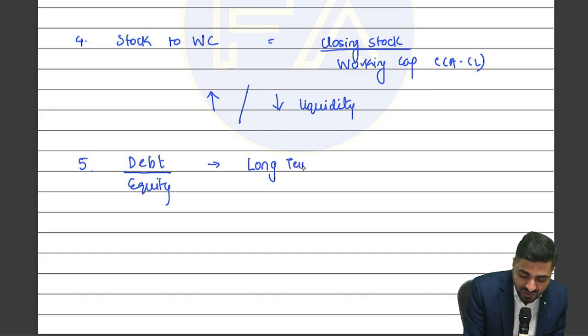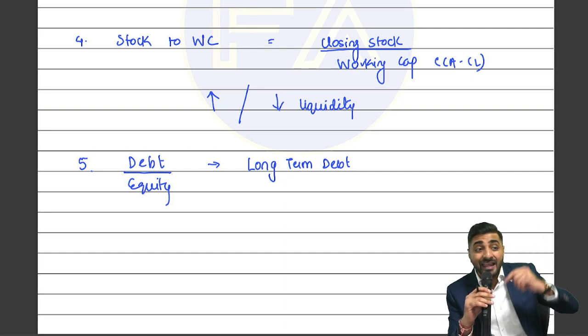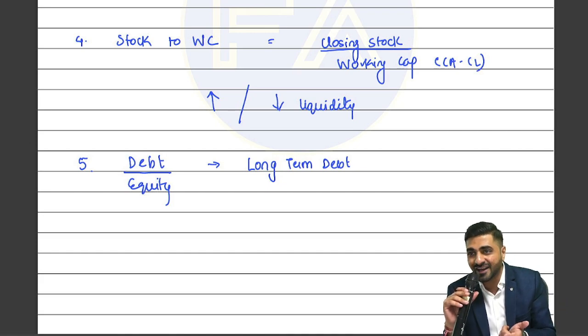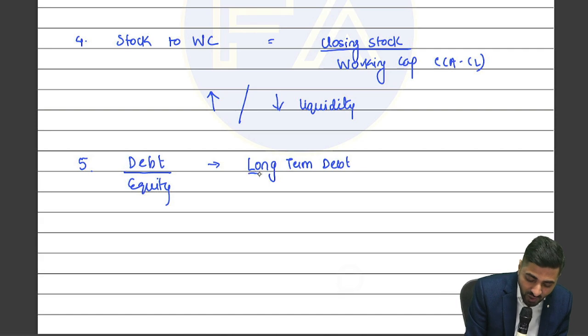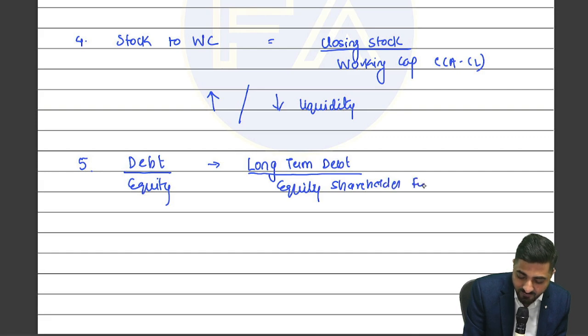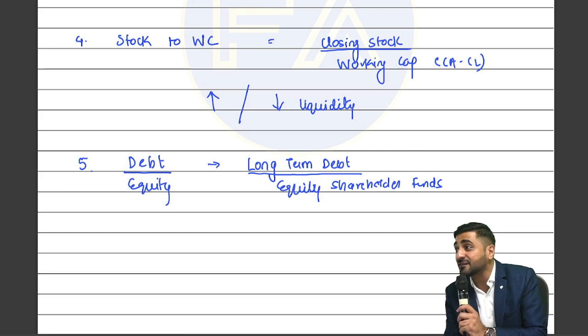Give me some examples of long-term debt. Debentures. When I am taking a bank loan from a long-term perspective, can I say that will also be treated as long-term debt, right? And I am going to divide this by your equity, and your equity defines your equity shareholders' funds. There is a very interesting question given to you in your RTP of September 20, where there is a debt equity ratio, and they have actually given a debt owners' funds ratio.